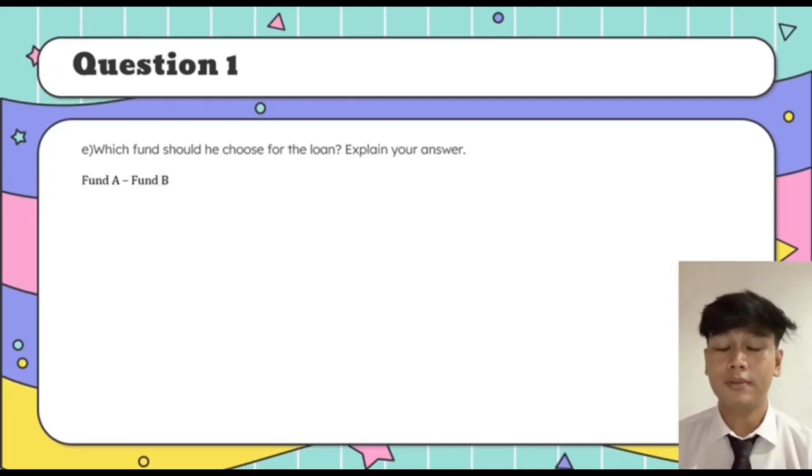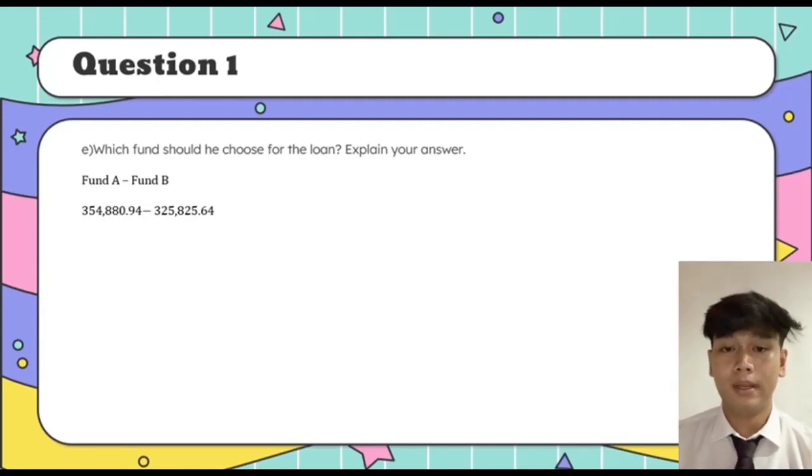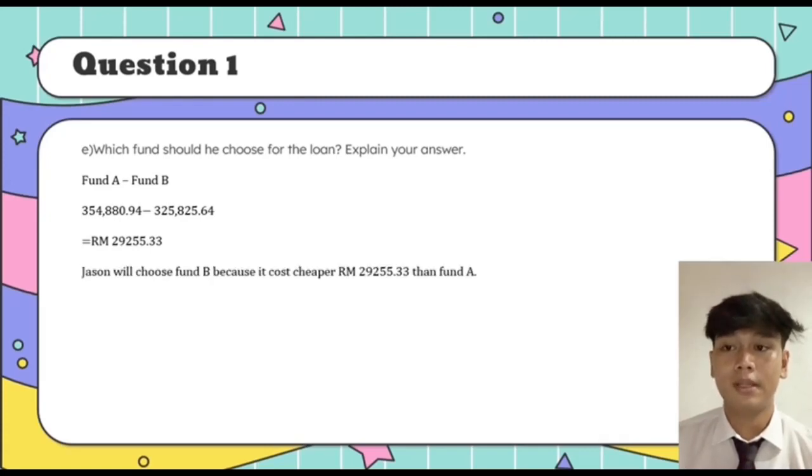Fund A equal to 354,880.94 minus 325,825.64. And we got the answer 29,255.33. The reason we choose Fund B is because it costs cheaper than